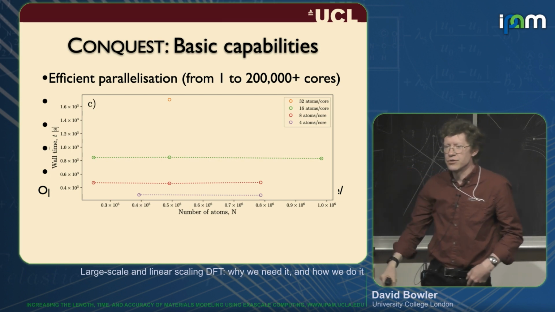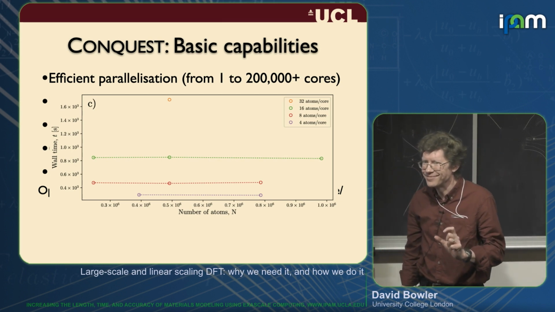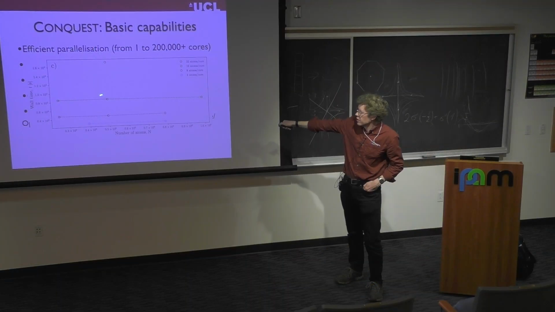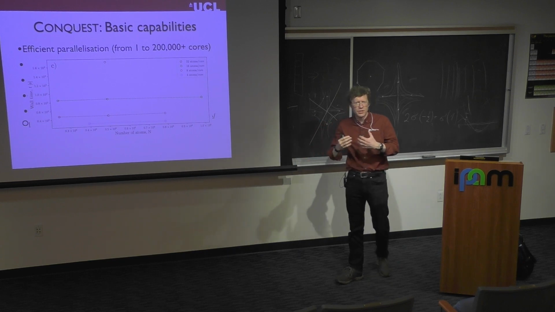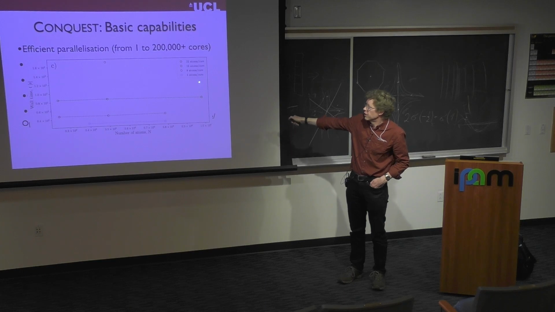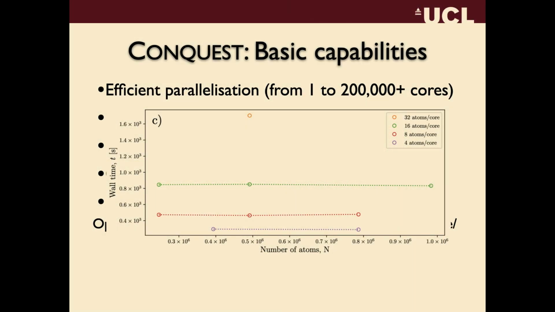And if you look at how it changes from 32 atoms per core to 16 to 8 to 4, you'll see that it's not quite as good, but it's still not bad. So up here we're at about 17, we go down to about 9, we go down to about 5, so it's not quite halving, but it's awfully close. And obviously, as you get down to a smaller workload, so once you go to 4 atoms per core, that reduction gets worse. So the strong scaling isn't quite as good as the weak scaling, but the weak scaling is essentially perfect, up to 200,000 cores.